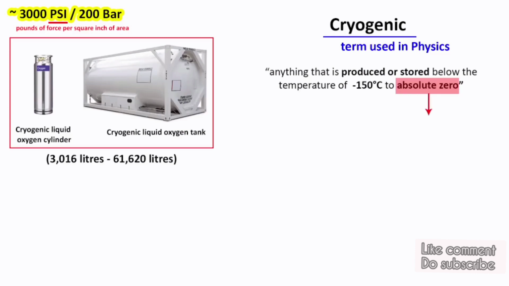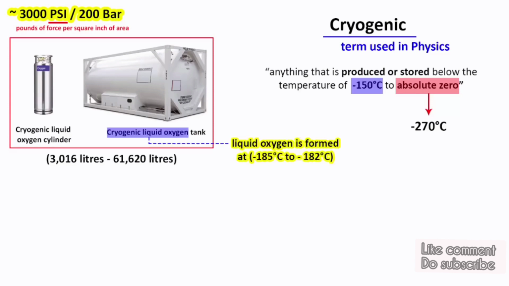Absolute zero is referred to as minus 270 degrees Celsius. The reason it is called absolute zero is because no object in this world can be cooled below minus 270 degrees Celsius, because it is believed that there is no heat energy left in a substance below this temperature. As per the laws of thermodynamics, absolute zero cannot be reached. Anyhow, the meaning of the word cryogenic is anything that is produced or stored below the temperature of minus 150. Since liquid oxygen is formed at minus 185 to minus 182, that is why these large oxygen tanks are named